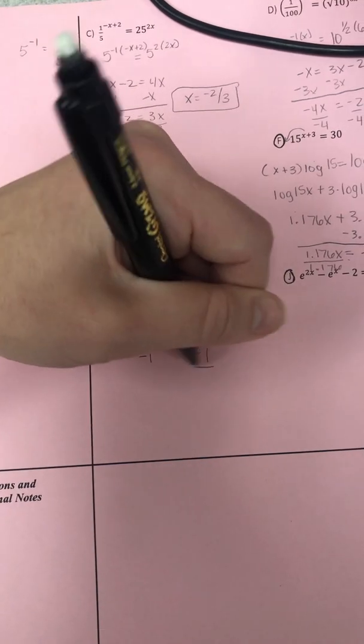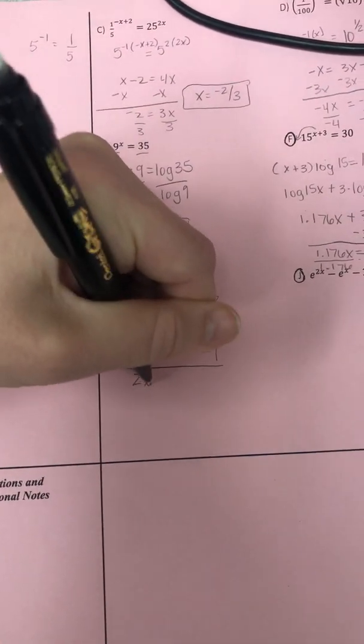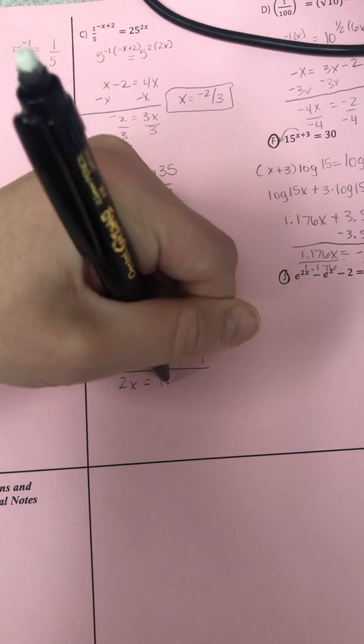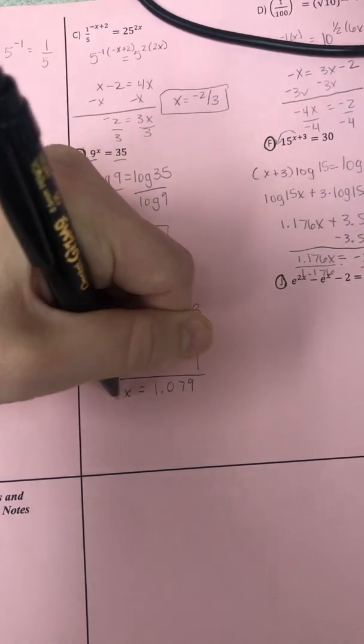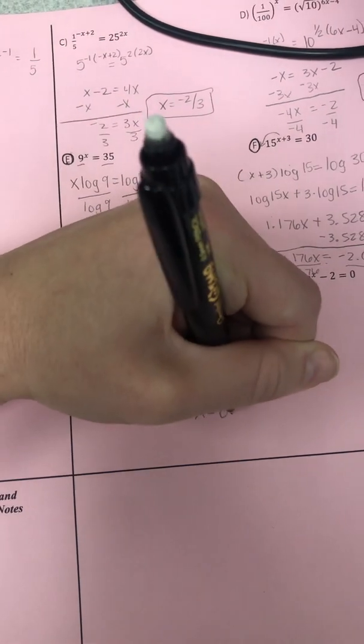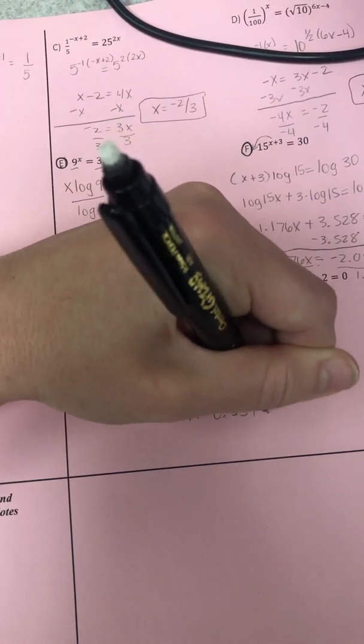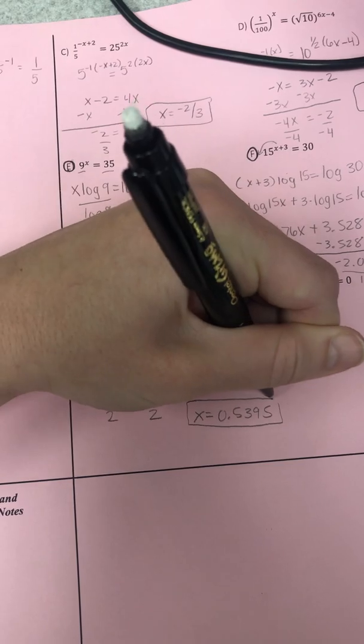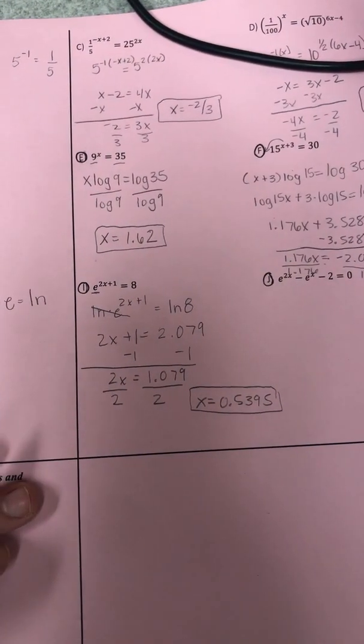Move this one over. I get 2x is equal to 1.079 divided by 2. X is equal to 0.5395. All right, we have one